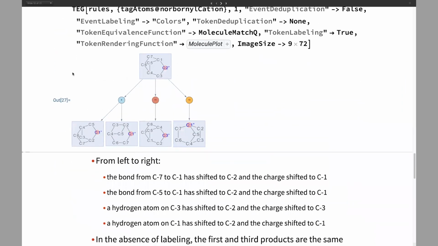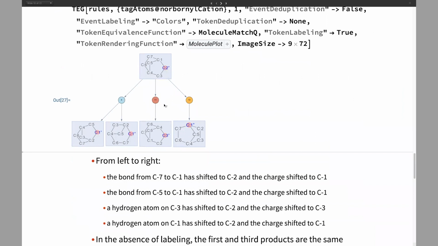And when we do that, here's where we start. The pink atom here is the one that has the charge. The alkyl shift reaction that gets applied is reaction number 4 in our list. And we can see we get the two different products I just showed you before, and we can see where